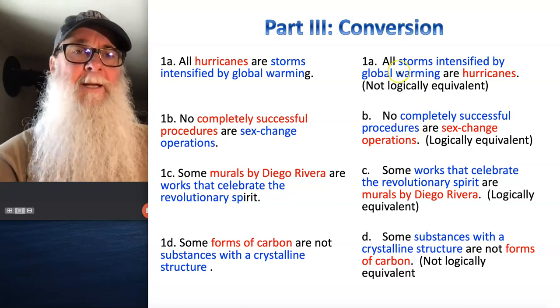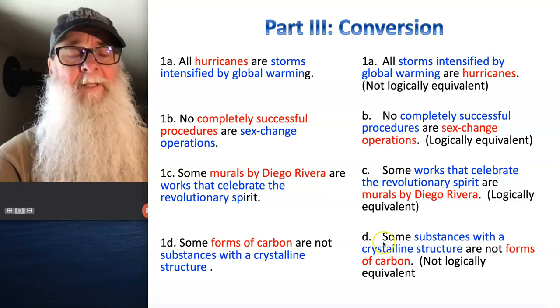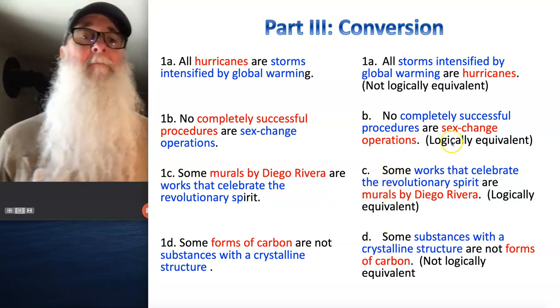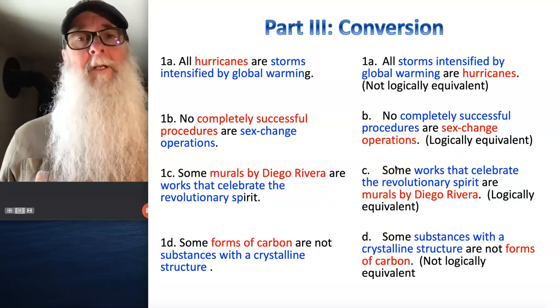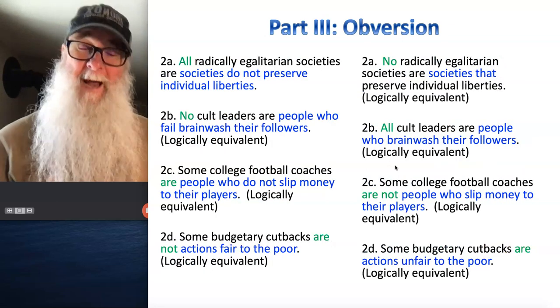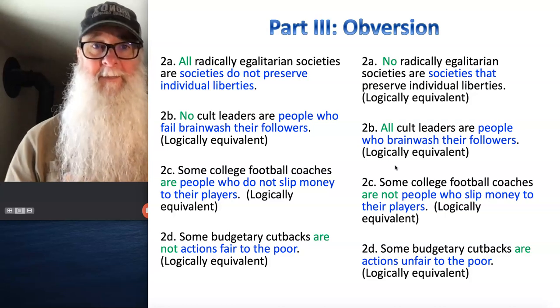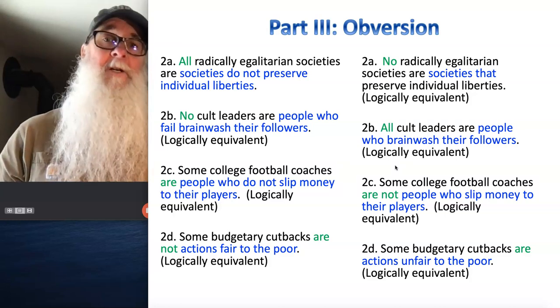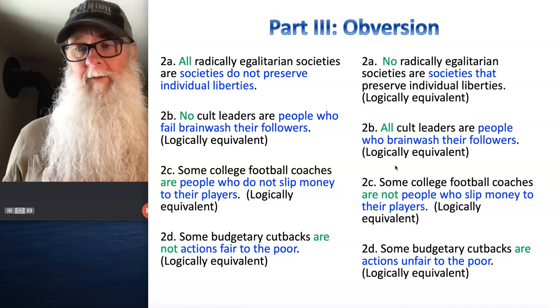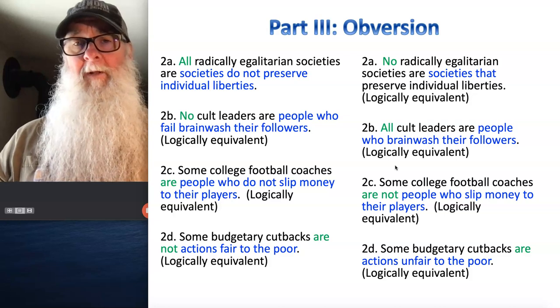That means that the A statement and the O statement in 1A and 1D are not logically equivalent to the original statements, but B and C are statements that are logically equivalent to the originals. For problem number 2, you're asked to apply obversion to all 4 of these statements. Now remember, we can obvert any standard form categorical statement, and the statement we create will be logically